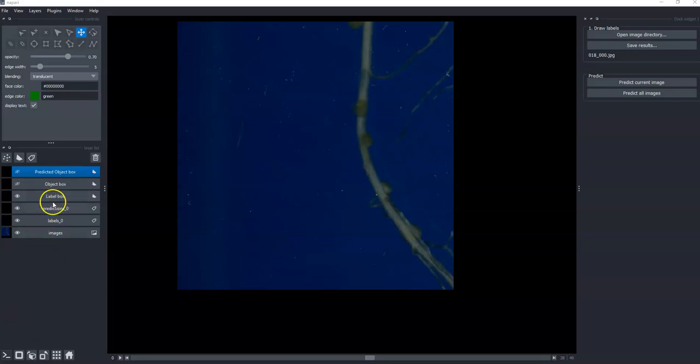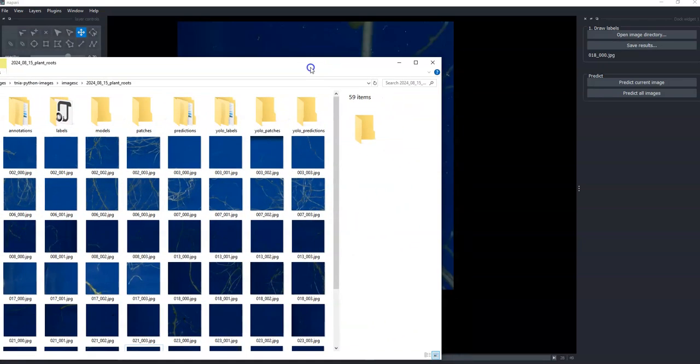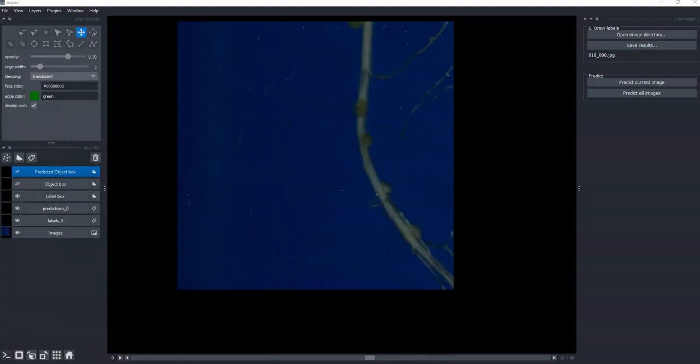What we do have to think about are label boxes, which are boxes that indicate which regions we want to label. Predictions, we'll look at some predictions once we train a model, but no model yet, so no predictions yet. And then labels, we have no labels yet, we have to create them. And if you look in the directory where your images were, it's created some corresponding folders to store the information related to these Napari